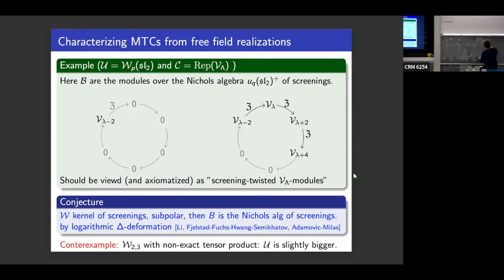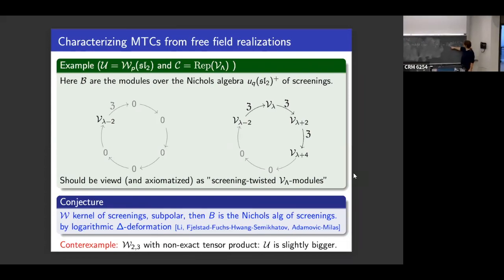So A(Z) modified is the same as A(Z), and now you replace A by e to the log Z screening plus, and then some signs, Z to the n plus 1 higher modes of the screening, something like this. So you deform literally your module action. I mean, literally, you write down a new module action, which somehow now has a term that goes from here to here. Before this is a direct sum.